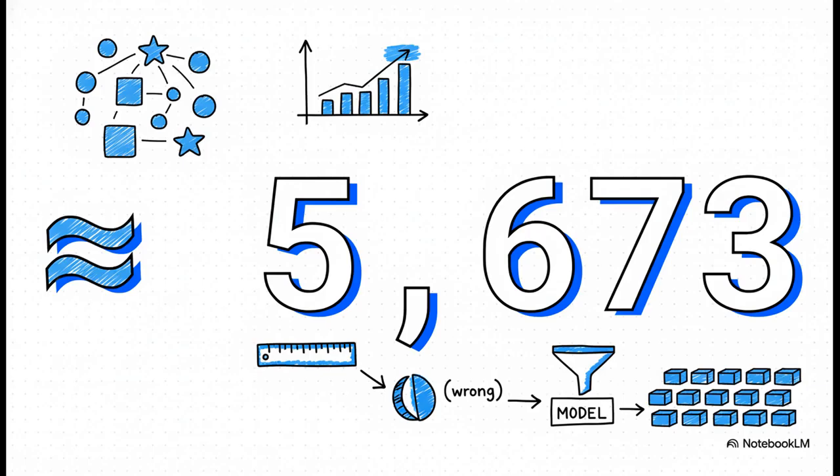And to show you this isn't just theory, let's run the numbers from the source material. Let's say we want our error to be less than 5%, and we're okay with a 10% chance of failure. For a model with a certain complexity, the formula tells us we need about 5,673 training examples. Not around 5,000, not a few thousand, a specific, actionable number.